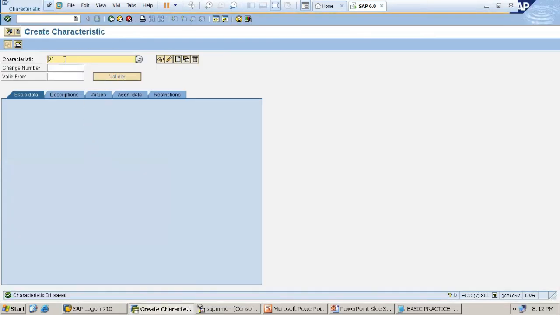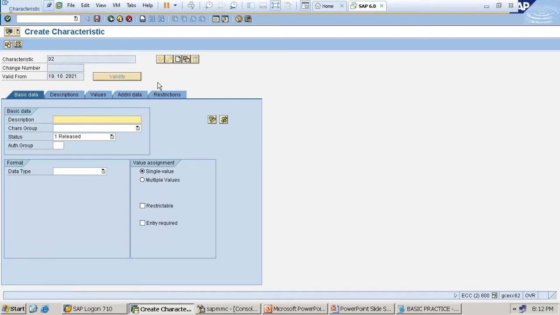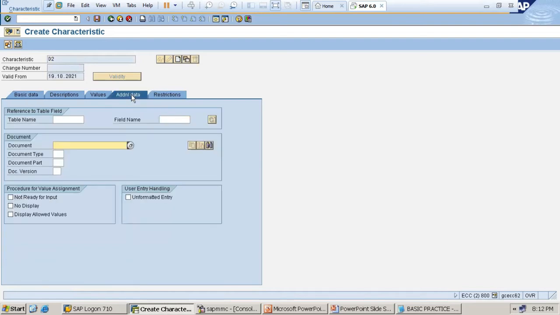Similarly, I go for D2. Then go for create. Additional data. Table name CEKKO. Then what's the field for the PO value or net value?